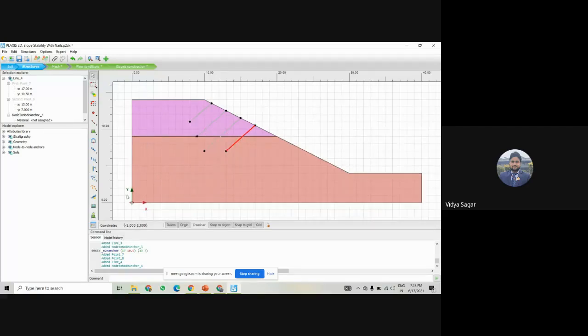Next I have to create the grout body also, because without the grout body these nails will not be fixed here, right? For the grout body I have another option here.